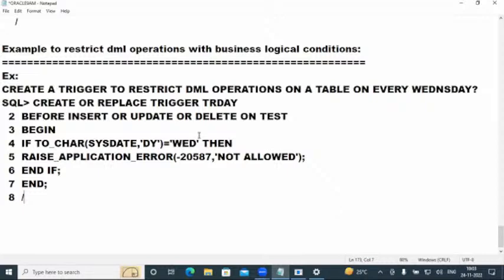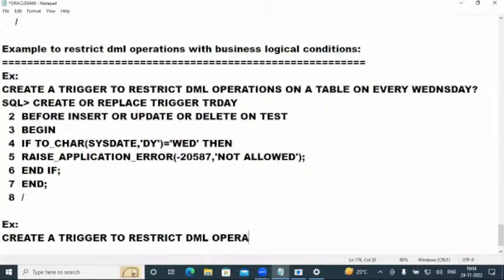Okay, right. These are day-wise restrictions. And the next one you can take. Create a trigger to restrict DML operations on a table